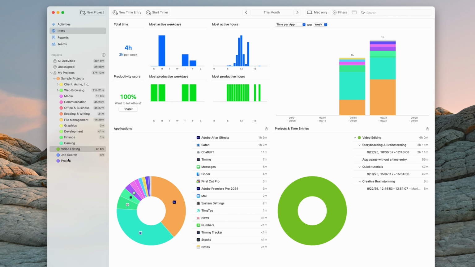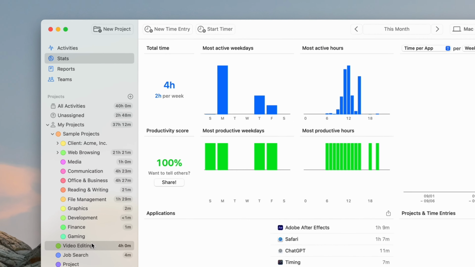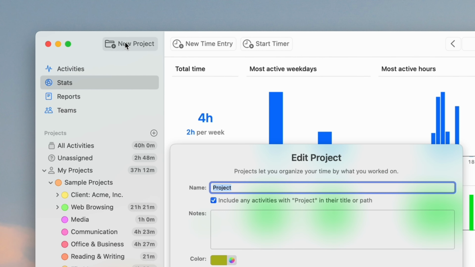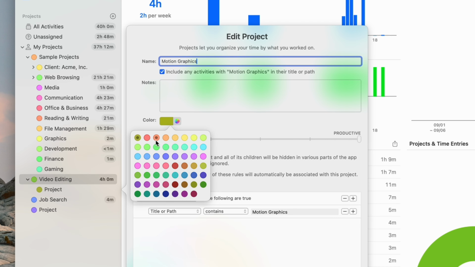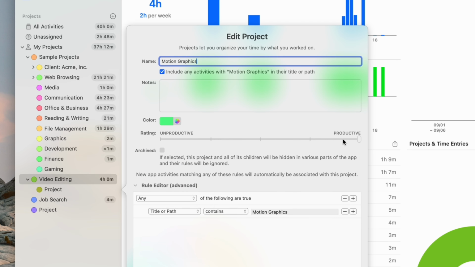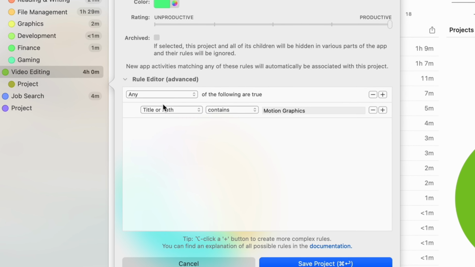Where it gets really powerful is creating your own activities. I already created a video editing activity for myself since I spend a lot of time doing that. And if I want to create a new one, I can do it up here. We'll start by giving this activity a name, assign a color to it, and you can even rank the productivity score for this activity. Then you'll set rules, and based on these rules, your Mac can automatically track time spent